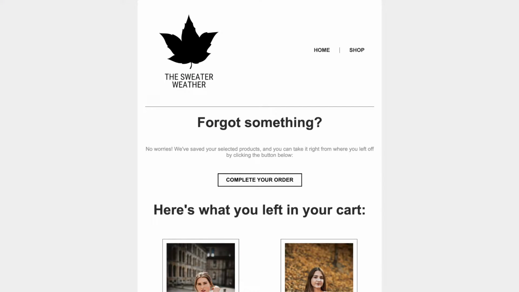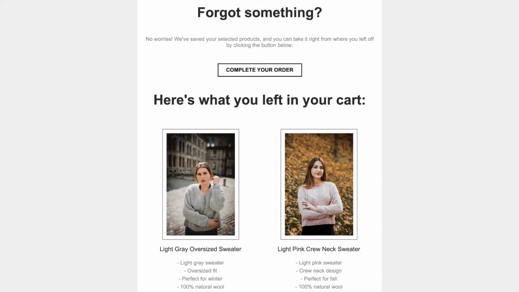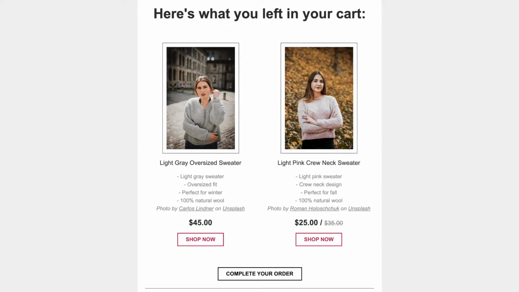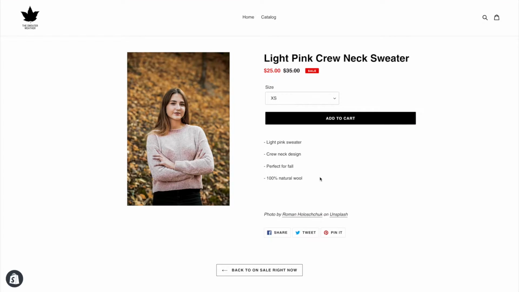An abandoned cart workflow is crucial for pretty much any e-commerce store because it encourages your visitors to come back and finish their purchases. Some might be unsure about whether they want to buy from you, and some might have simply forgotten about the order they were about to place. That's why it works so well to send them a reminder once they add something to cart but don't make